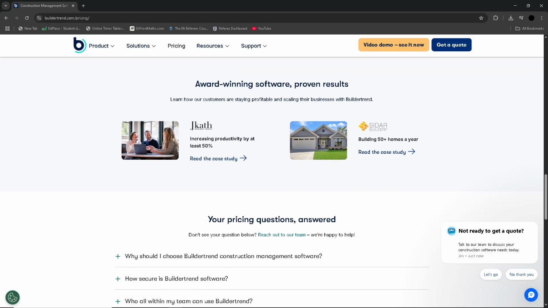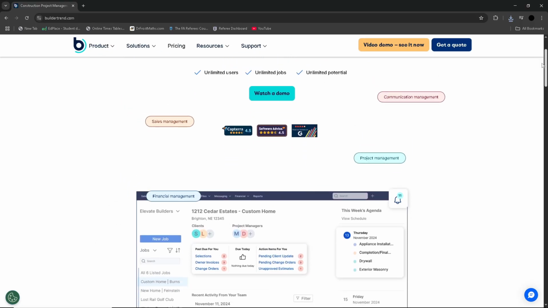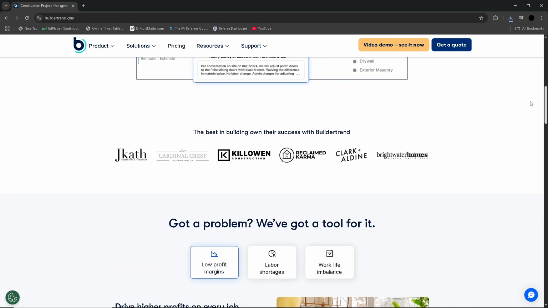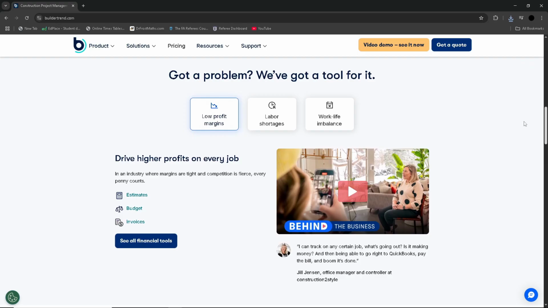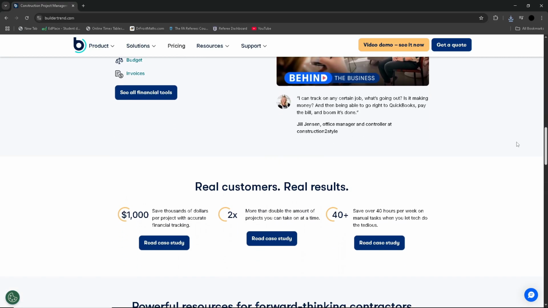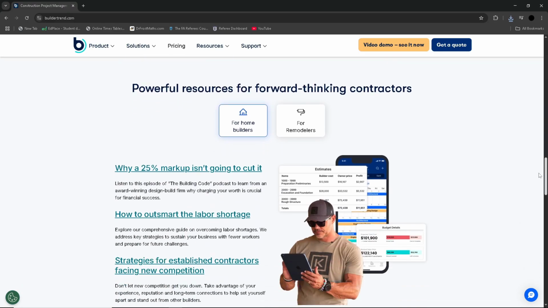On the flip side, some users have mentioned that Buildertrend can be overwhelming due to its sheer number of features, which makes it a bit of a challenge to fully utilise it and need more training. In addition, while customer support is generally praised, a user notes that response time can vary. The mobile app, which is very functional, sometimes lags behind the desktop version in terms of ease of use, speed,